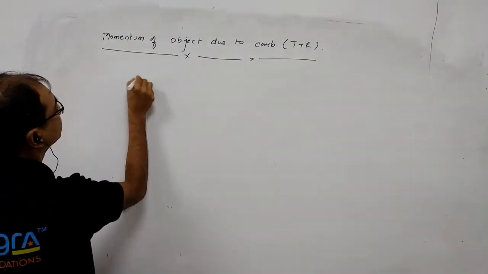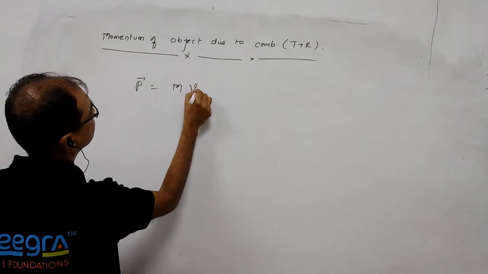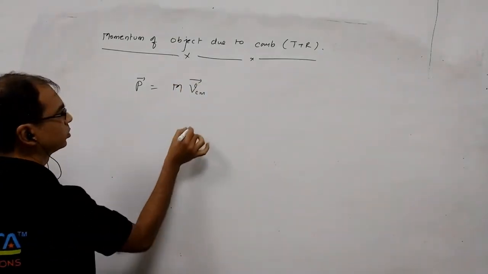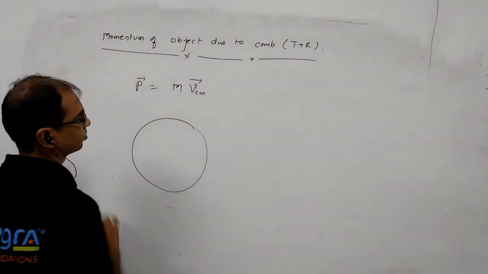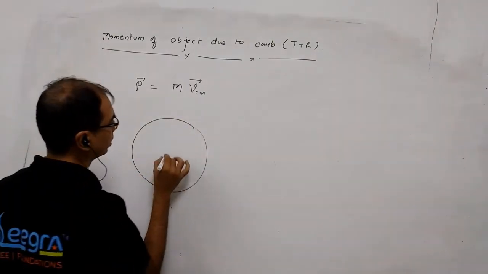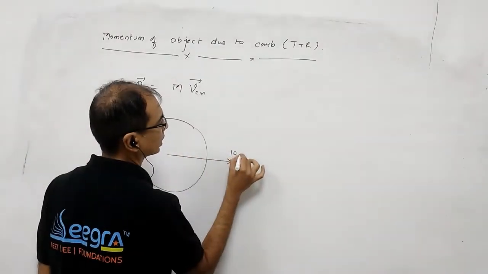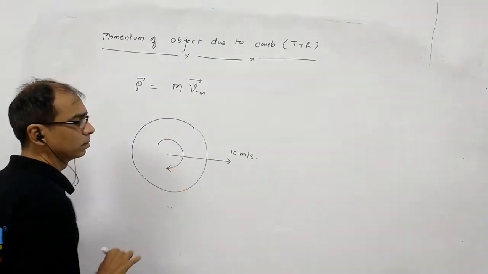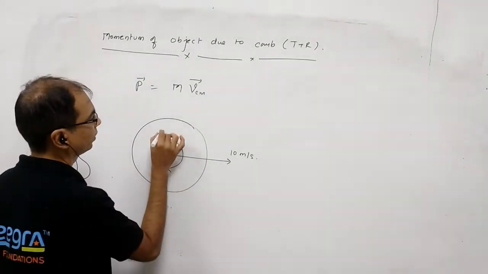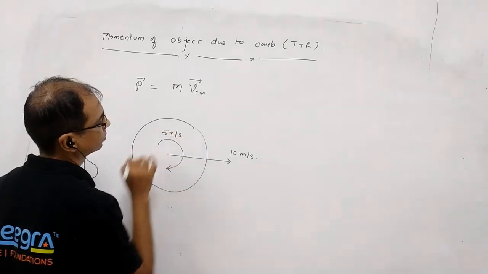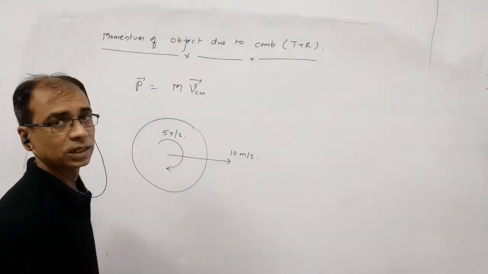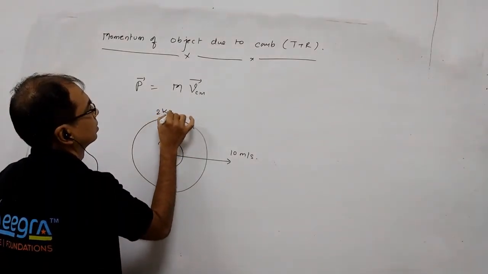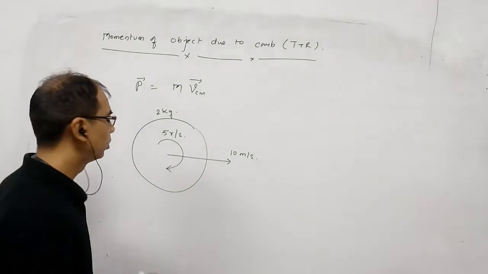Okay. So when we say momentum of an object, we already know momentum is basically mass into velocity of center of mass. So the same thing is here also. Suppose that this is the object. Let's say it's moving with 10 meter per second, and at the same time it's rotating with 5 radian per second. And I ask you, what is the momentum of this object? And its mass, maybe 2 kg. So its momentum is